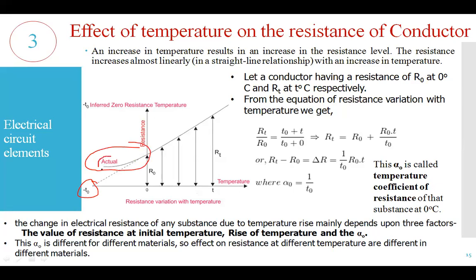This is the practical or actual condition, in which if the temperature is decreased, the resistance is not exactly 0. There will be some resistance value offered. Ideally, these characteristics represent that the resistance will be 0 at minus T degree centigrade, but in the actual case, it is not like that. This is the difference between the temperature rise condition and the lower temperature situation. Do you agree with me on this one?